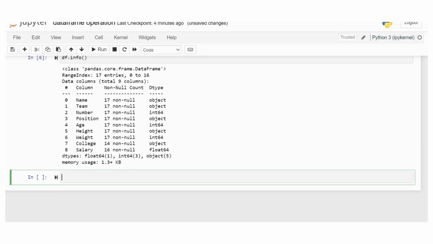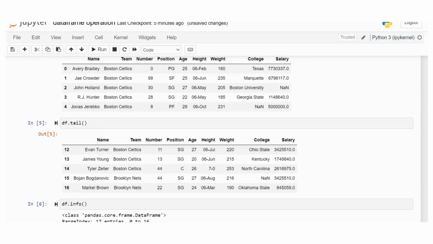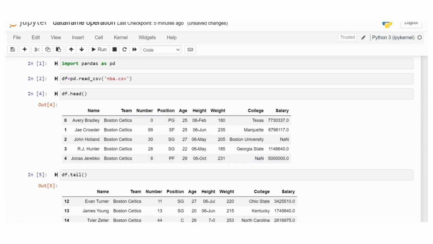Another operation in data frame is value_counts. Value counts means counting the unique values in a column. First, create a data frame variable df. I want to count the unique values in the position column.